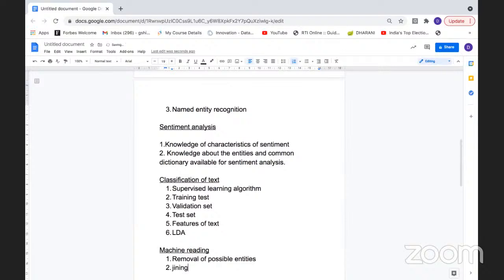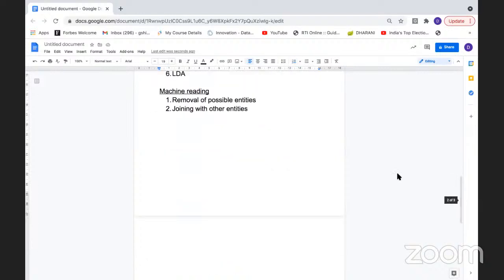We can also say joining with other entities. So these are the things we come across as part of the terms used mostly in our NLP. Okay, then